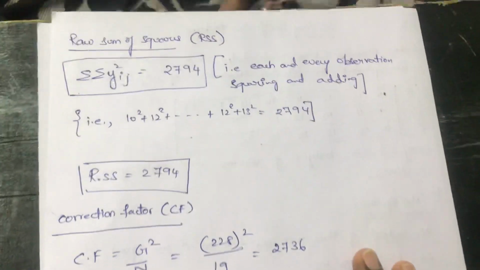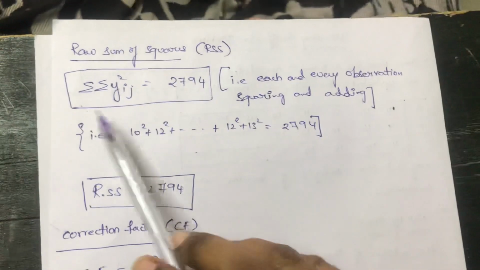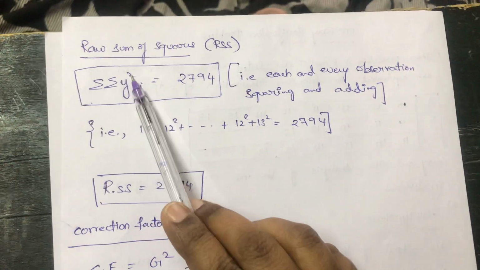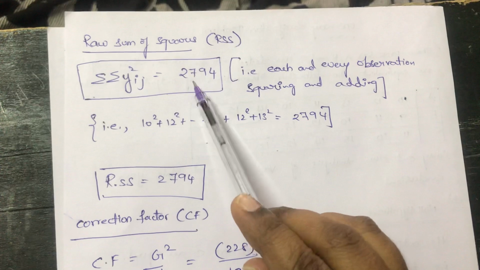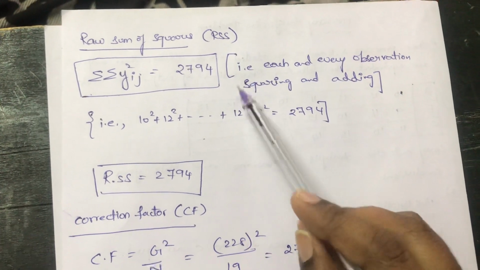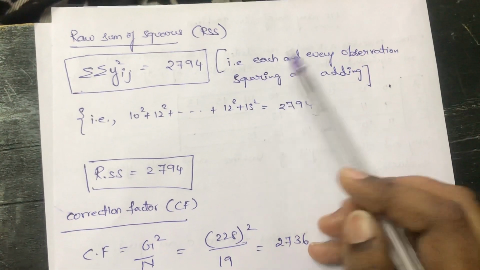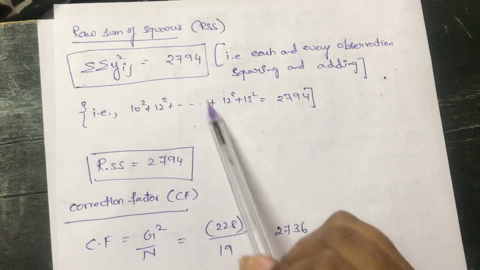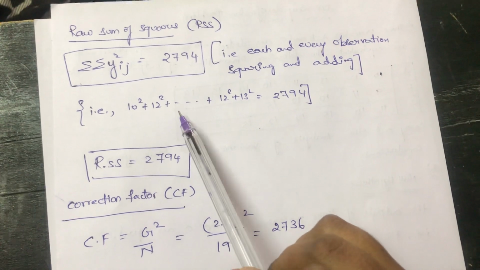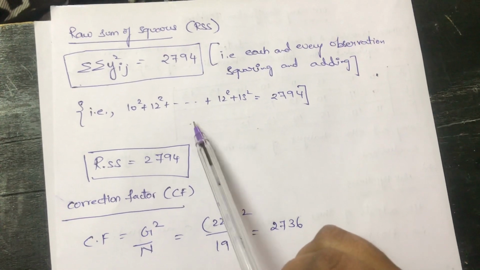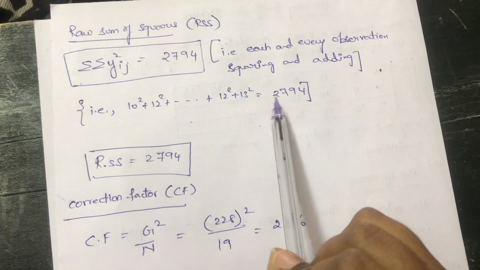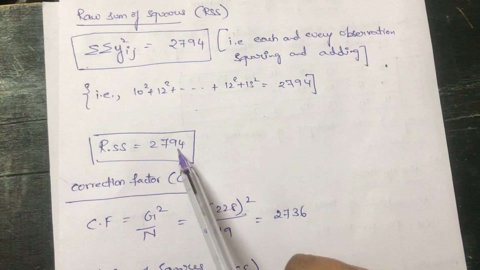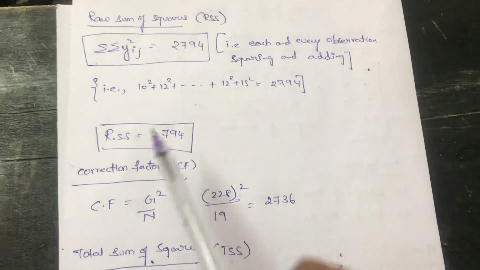After that we have to calculate the raw sum of squares. The raw sum of squares formula is given as the double summation of Yij square. The total value, as we have seen in the table, is 27y. This is obtained by squaring each and every observation and adding. That is, each and every observation given in the question, for the whole question, A, B, C and the three processes. We have to square each and every observation and we will get this total. The raw sum of squares, denoted RSS, is equal to this total value we got from the given problem.